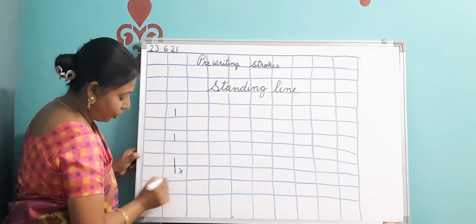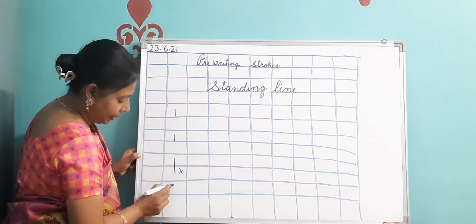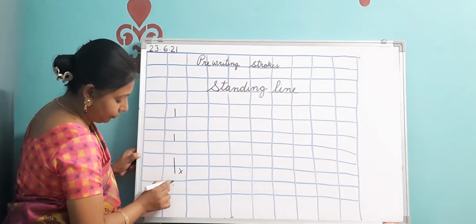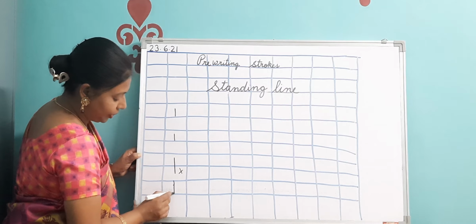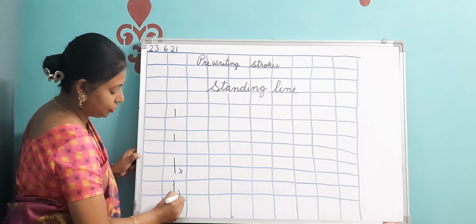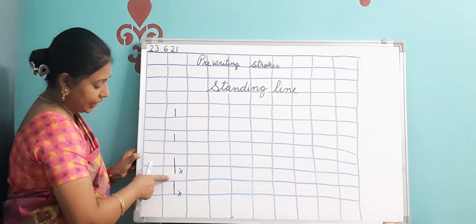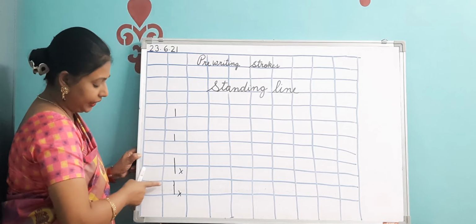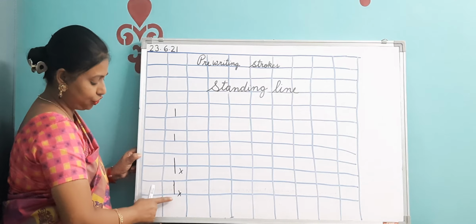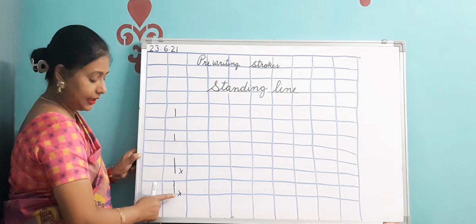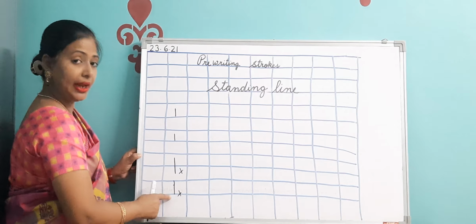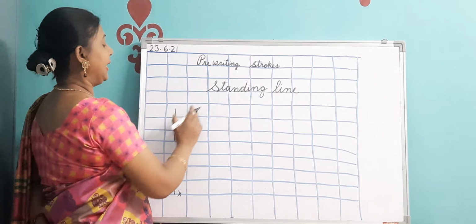Again watch, from the center, from here. You are not going to write like this from here. From the first line till the second line, you are not going to draw a line like this. This is also wrong. This line should not touch the line above, on this side line and this side line. It should only touch this bottom line.